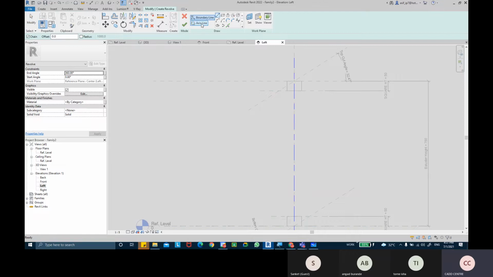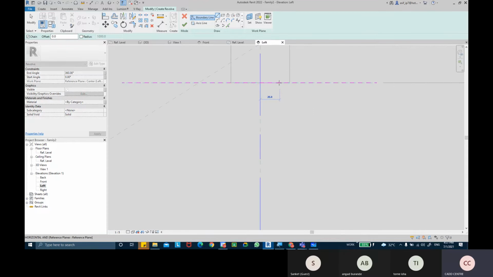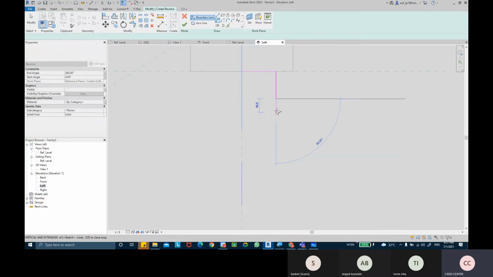So I'm going to take boundary lines and then draw that shape profile. I'm going to start from here, and draw it here. Now I'm not going to go into dimensions. I'm just going to draw very random shapes over here. And then I want a little curve over here, like an arc, so I can take an arc shape. I can take spline shapes also, to create a little bit of a curve at an angle.